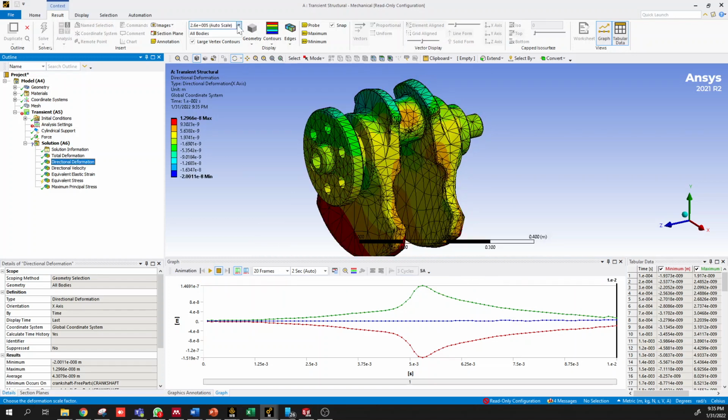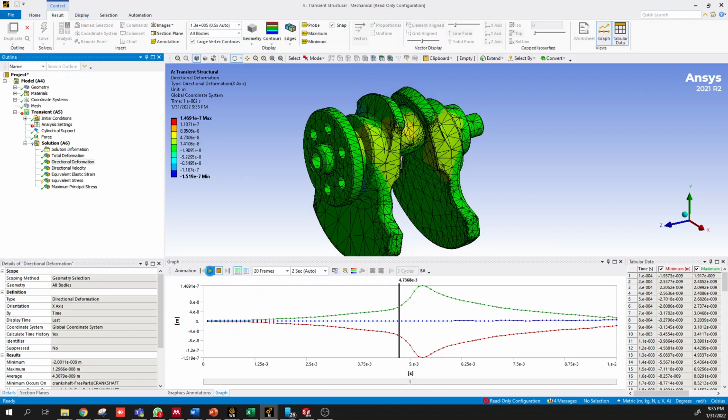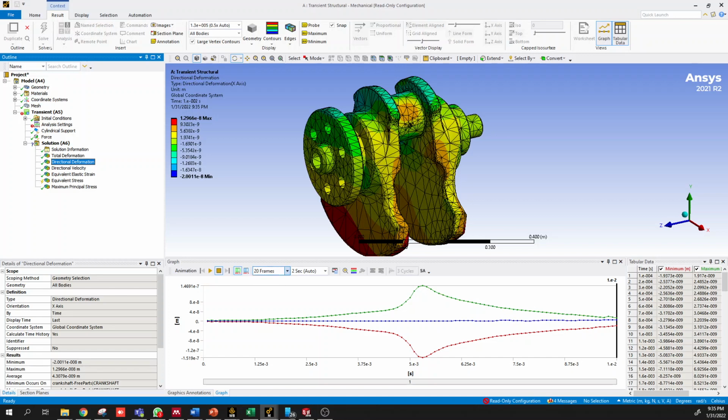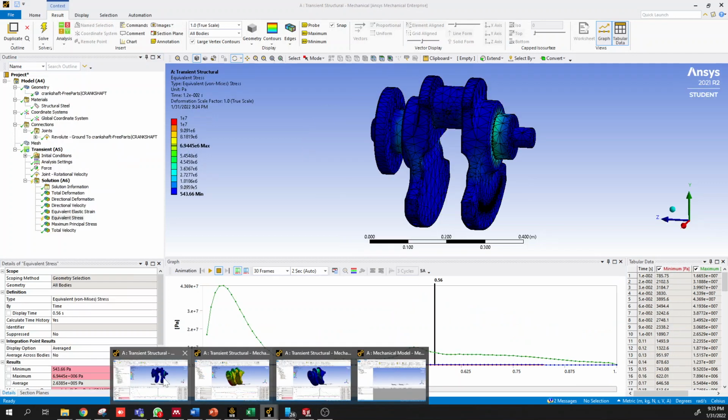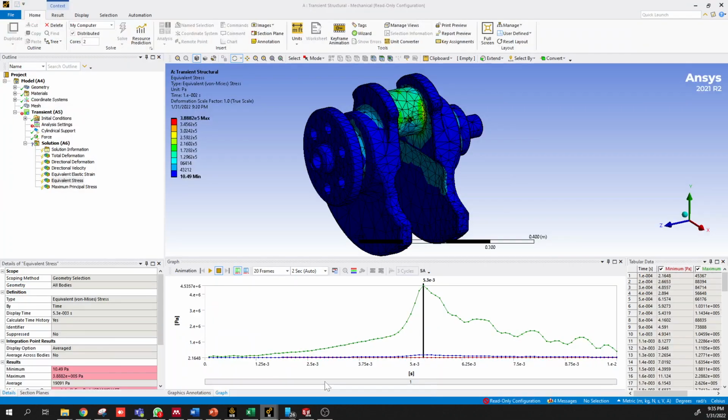Maybe too much deformation scale. So this is the crankshaft bending under the load, and then the load getting released. So that is pretty predictable, as you might expect. What isn't predictable is what happens when you go at a higher engine speed. So what happens here is, because now this is a transient analysis, we did it at a very